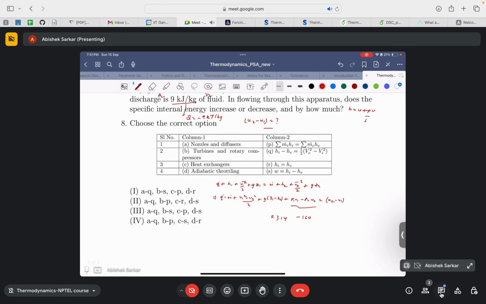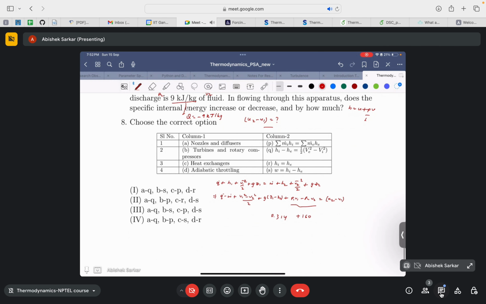I'm just verifying myself as well. Just forgive me for the delay. So this is actually positive. This is also positive. This is 16 square minus 270 square divided by 2 into 0.001. It will be minus 36.32,